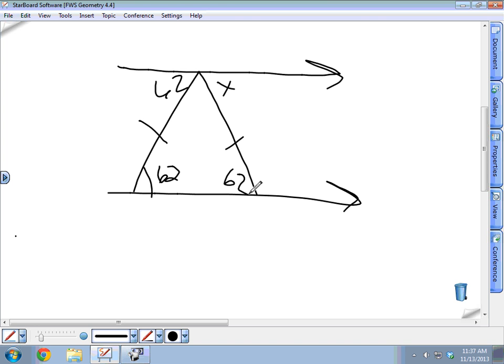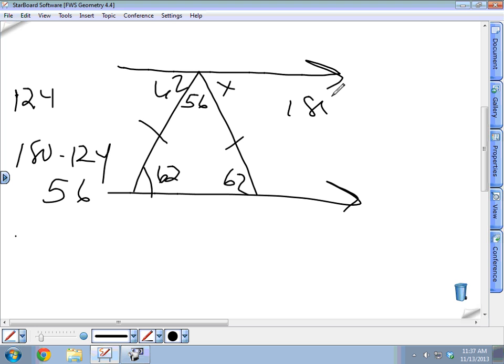And then those are congruent, and you do the alternate thing up to the top. So 62 and 62 is 124. Yes, sir. 180 minus 124 would be 56, right? So this angle's 56. And if you took 180, which is a straight angle, minus 62 plus 56, 110, 108,